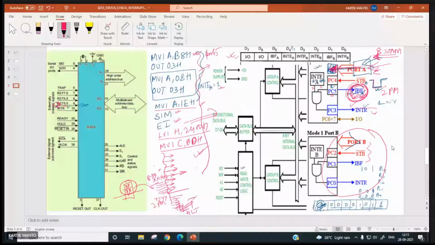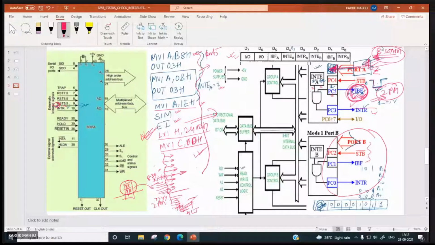So why is this type of handshaking needed? Because the processor is very, very fast. Suppose one person is entering data at 8:30 a.m. If the processor keeps on reading that data so many times, it will read the same data. And after 2 p.m., a valid data comes over here.